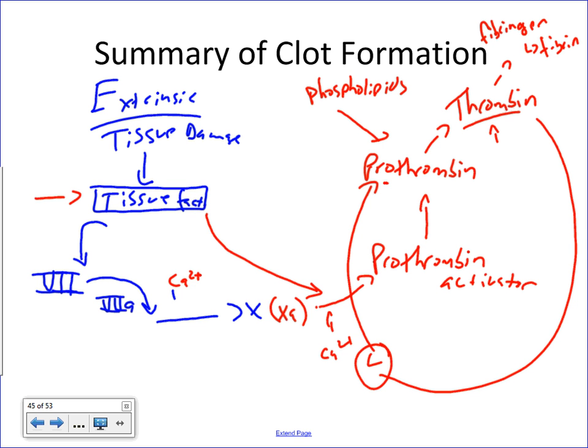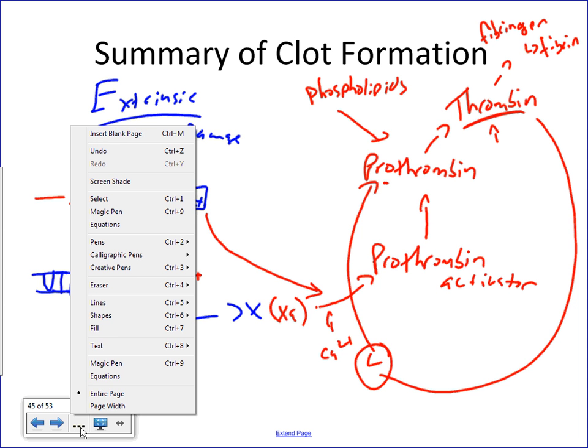So that's all you're looking at here, a step by step by step process. We turn on one enzyme, and then we use that to convert one enzyme into another, then another, and then another. Normally, as I just mentioned, these clotting factors are inactive in the bloodstream. What activated them in this extrinsic pathway was the leaking out of tissue factors from the damaged tissue. That's one way that we get thrombin, so we can convert fibrinogen into fibrin. That's the extrinsic pathway. Now, the other pathway,